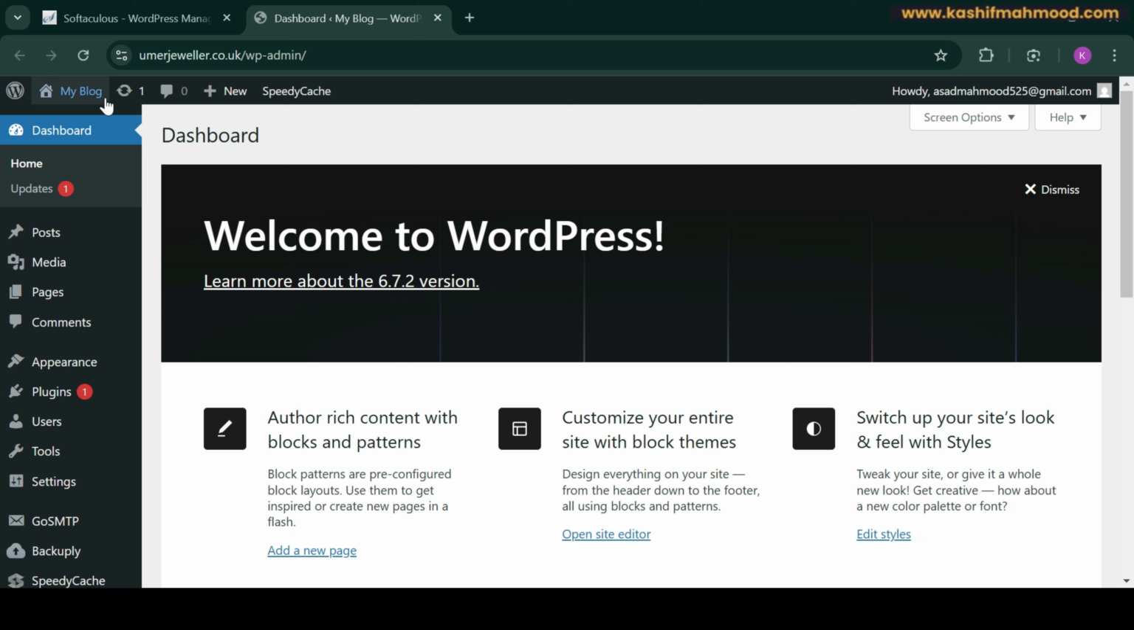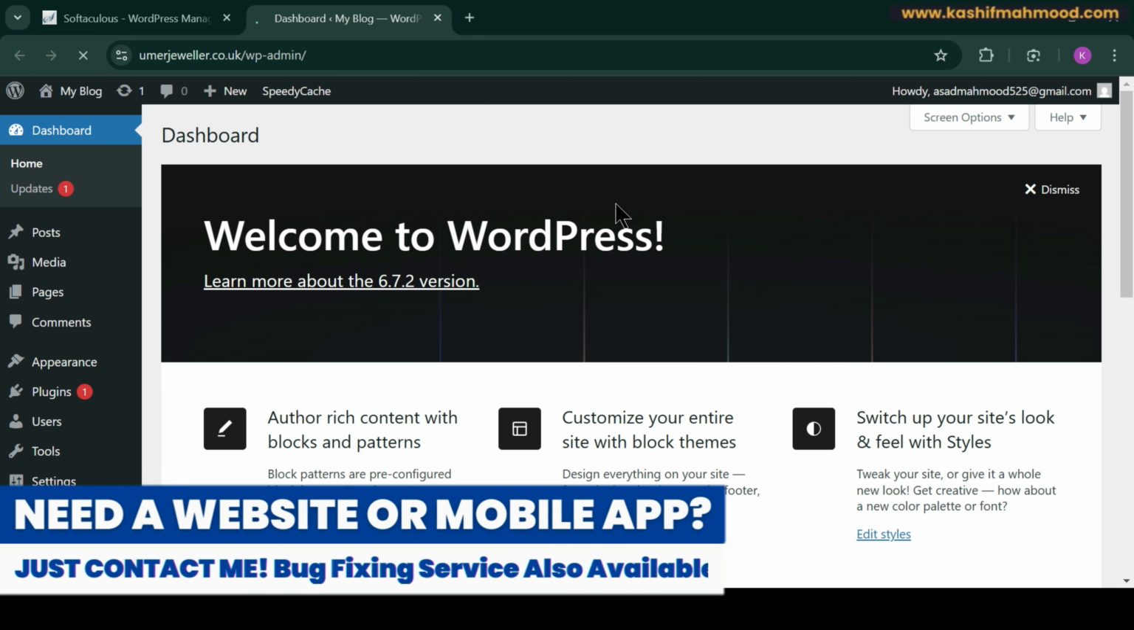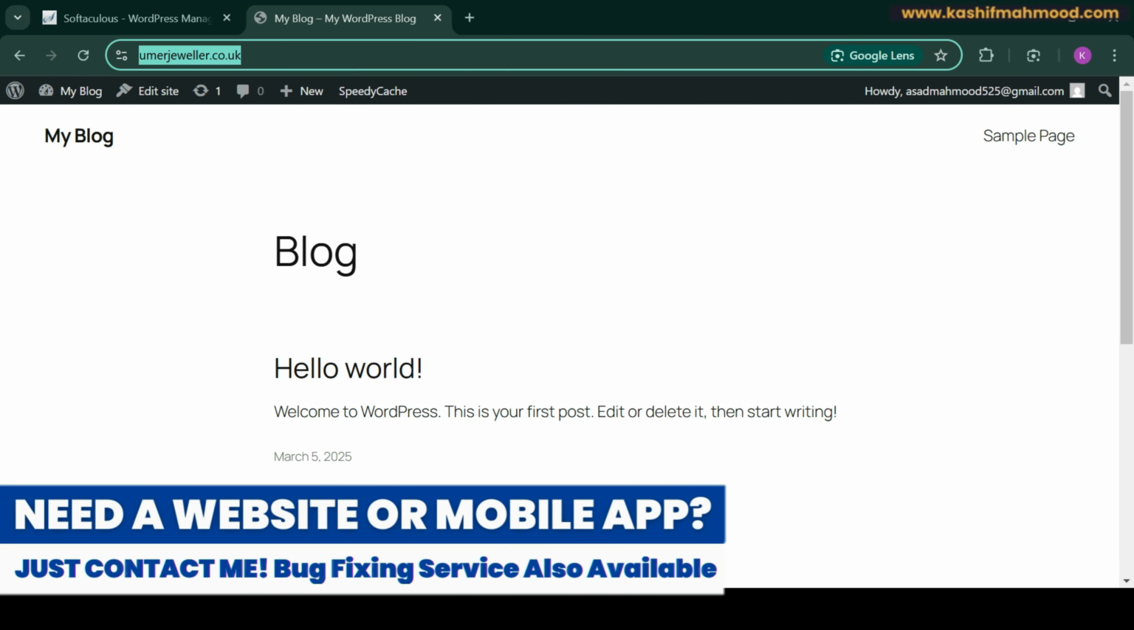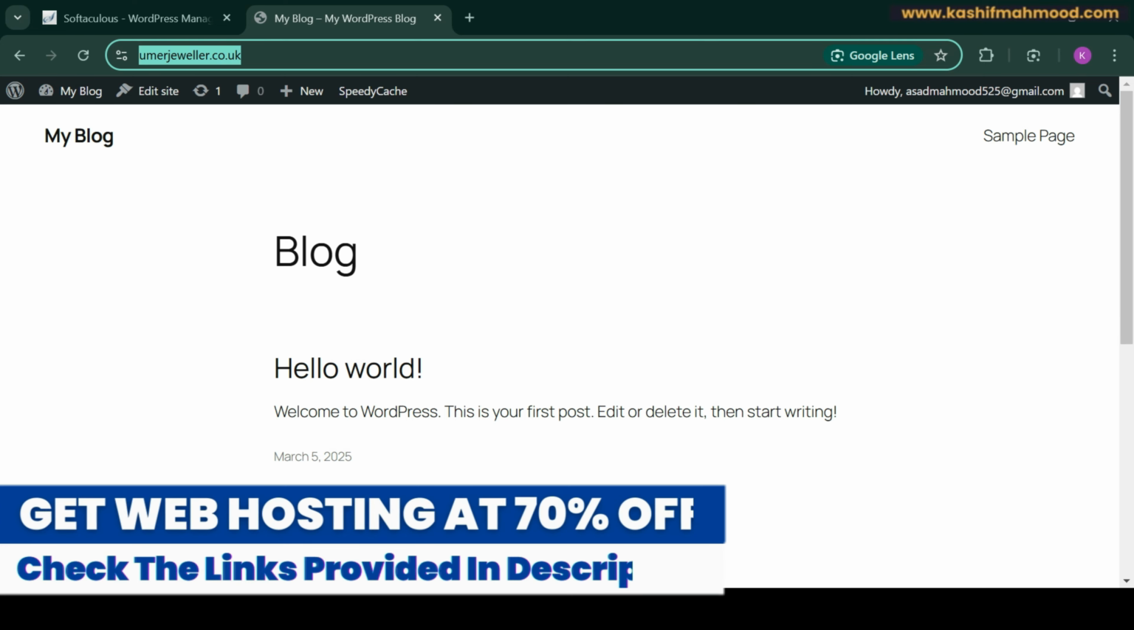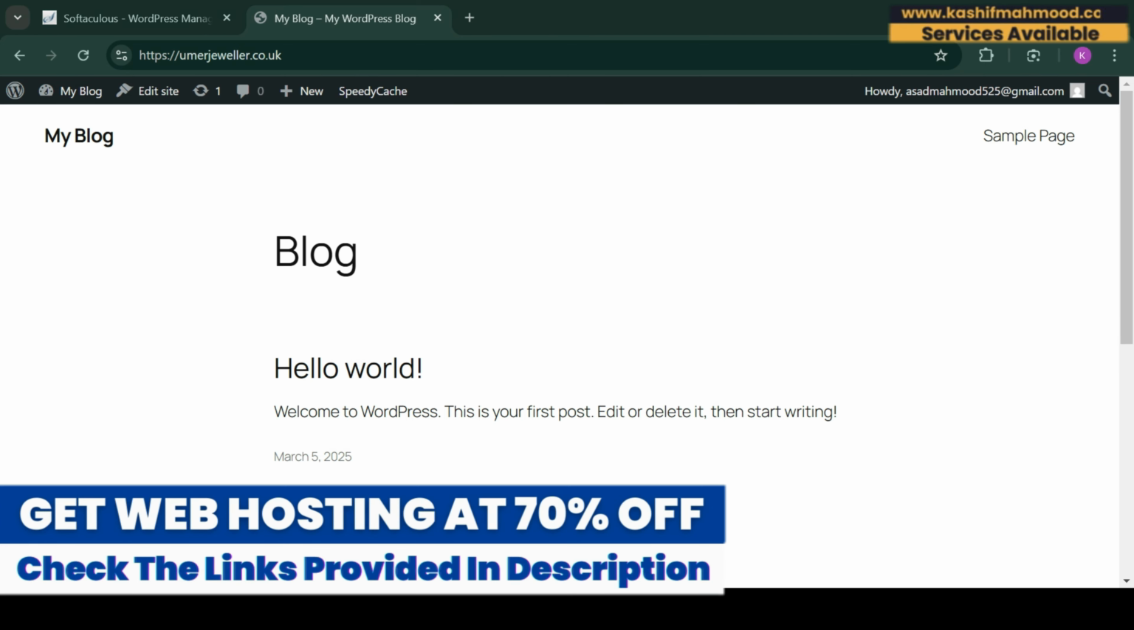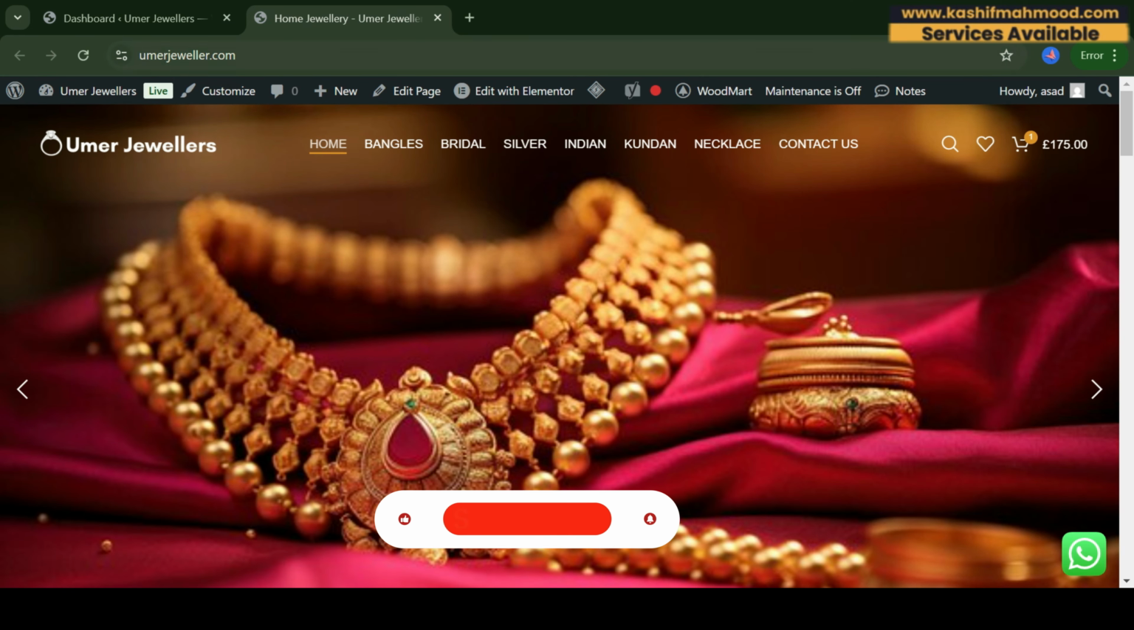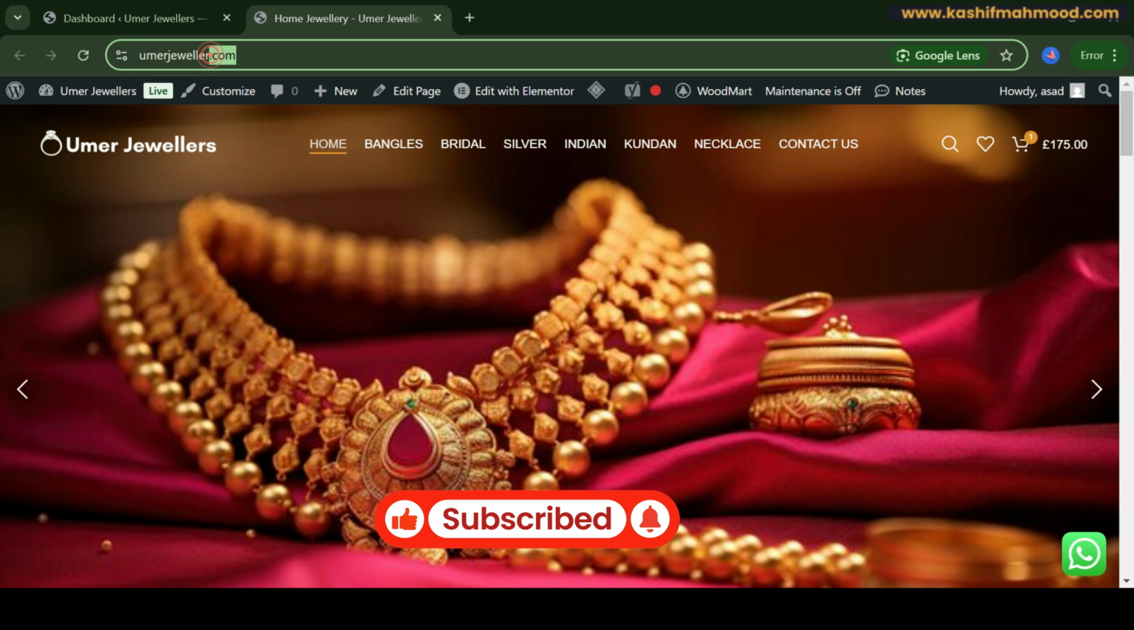So here you can see that I have just installed a fresh WordPress. This is a .uk domain that is hosted on Namecheap, and on the other side I have a website which is the .com domain. This is on local hosting, so I want to move this website from local hosting to a premium hosting, and also I want to change the domain from .com to .co.uk so I can target the UK brands. So let's move forward with the video and see how we can migrate our website to a new host